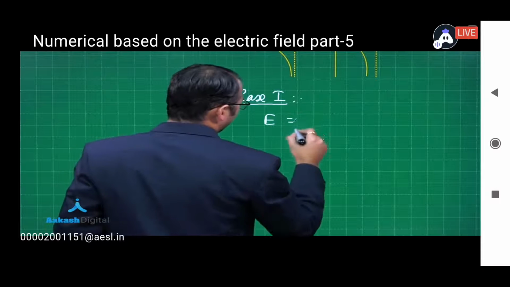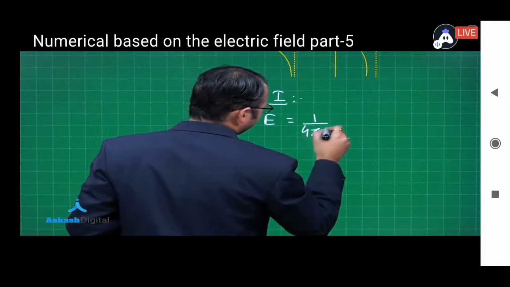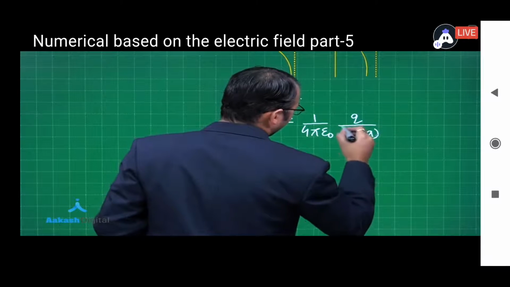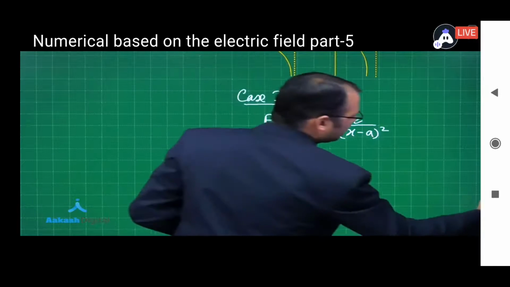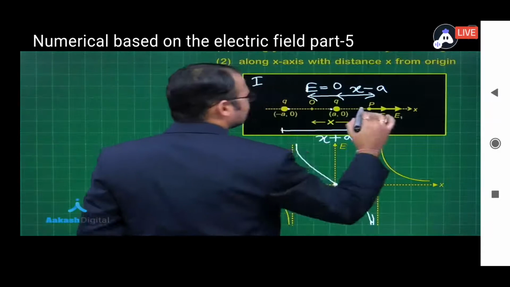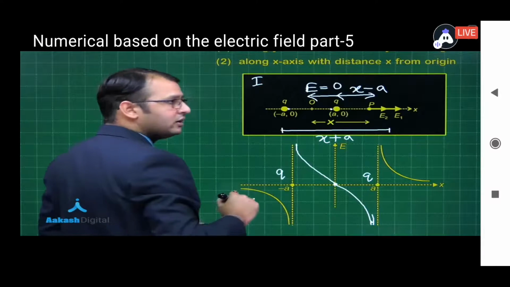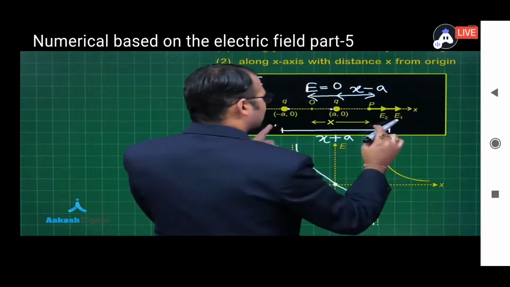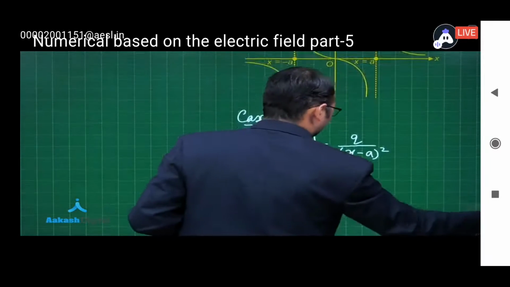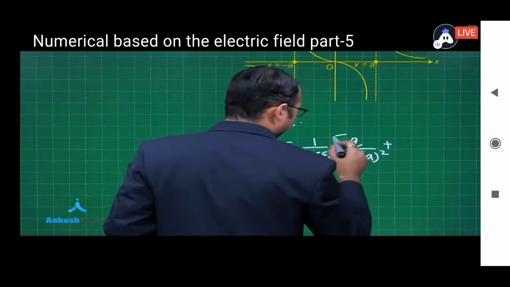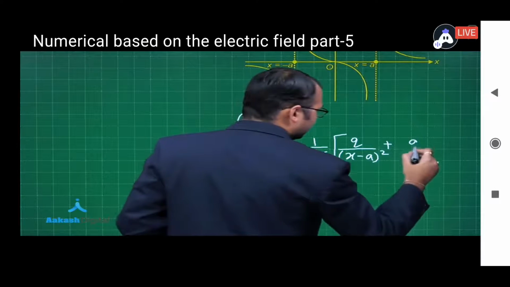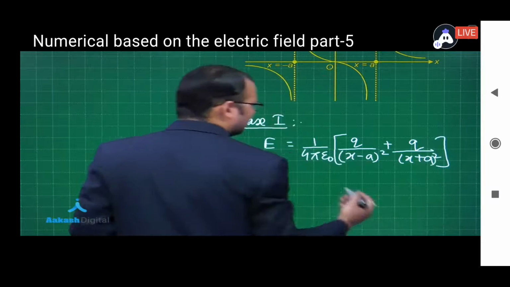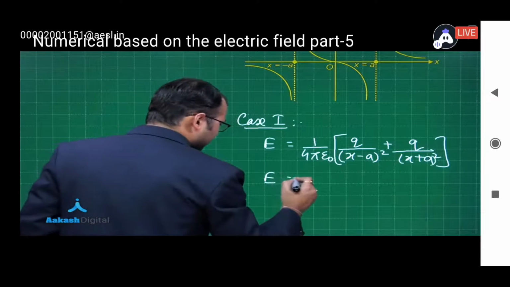E would be equal to 1 upon 4 pi epsilon naught, q upon (x minus a) whole square. This would be the electric field due to the first charge, which is along this side. And for this charge, the electric field will be on this side, but now the distance would become x plus a, so I am writing plus here. I'll take 1 by 4 pi epsilon naught as common. I'll get q upon (x plus a) whole square. You take this as common, so the net electric field here,